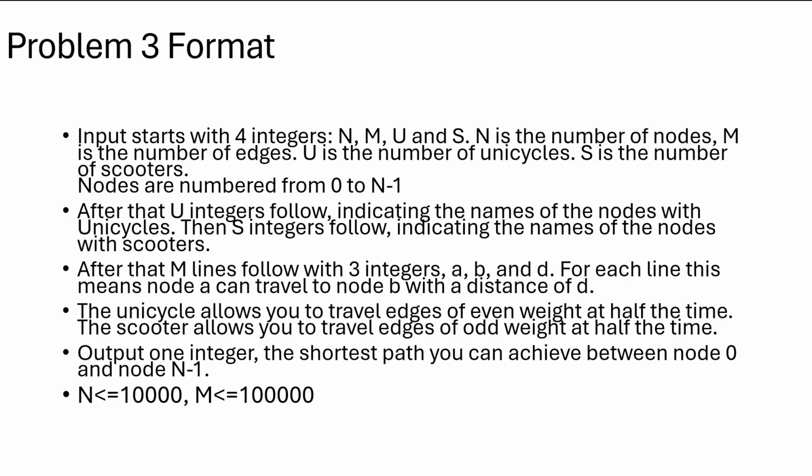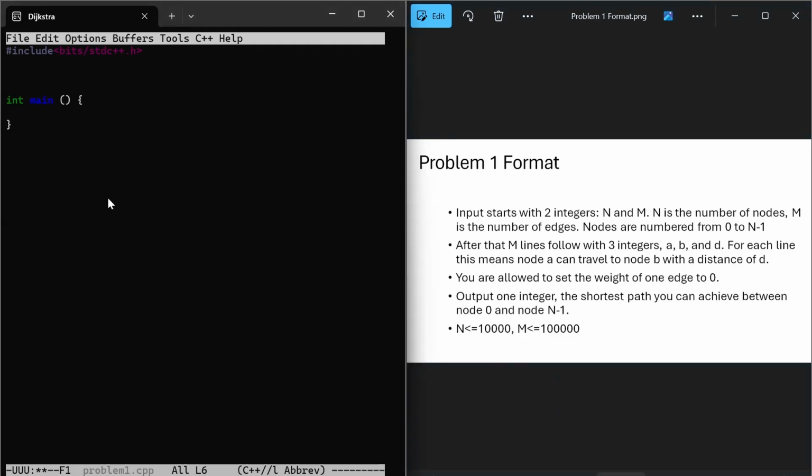Now we'll be looking at the C++ implementation. Let's start implementing problem number 1. The first thing we're going to need to do is read our big parameters, the number of nodes and the number of edges, n and m. Okay. Then we're going to need to read each edge individually. So for each edge,